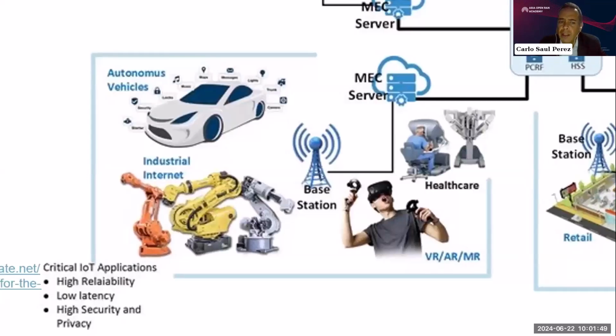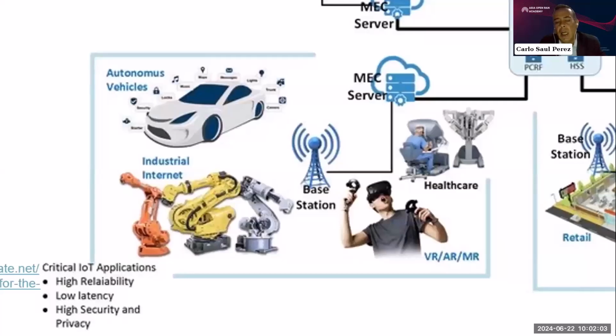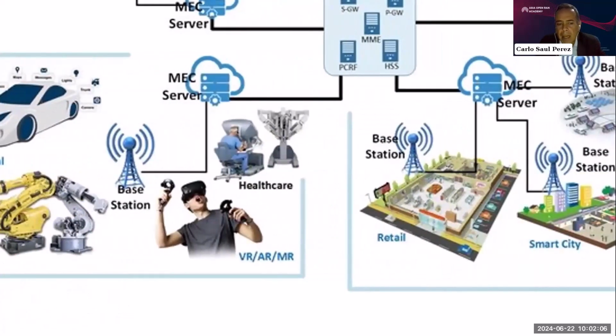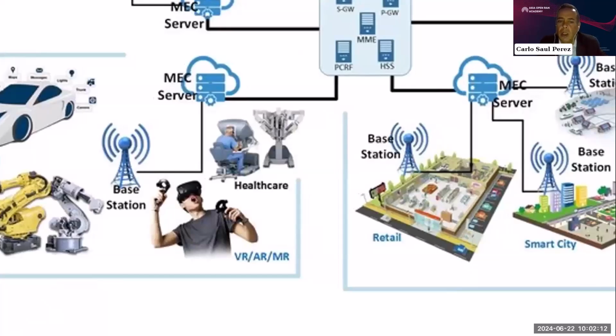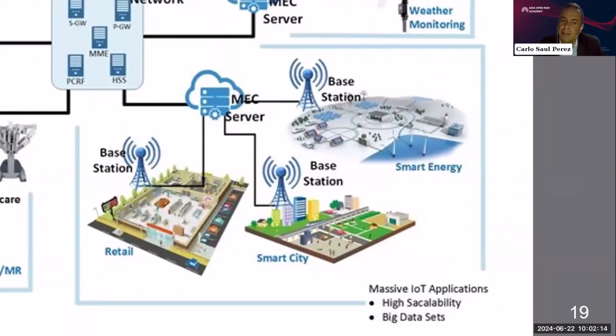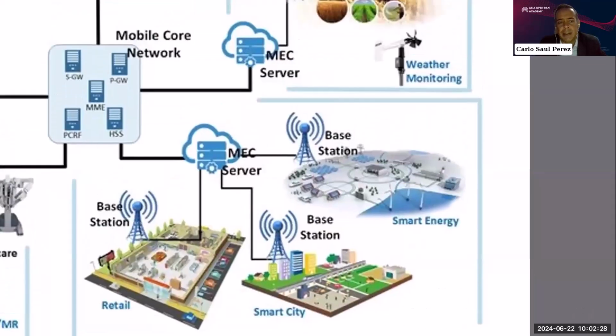communication, with all of this industrial internet or industrial applications, where all of this is limited to the office or to the company's network or to the company's area. Also healthcare, virtual reality, augmented reality, or mixed reality for gaming in particular. Also, you have these MEC functionalities limited, for example, to retail, I mean, a small shop or supermarket, or a smart city. That is also another kind of application, and also for smart energy.